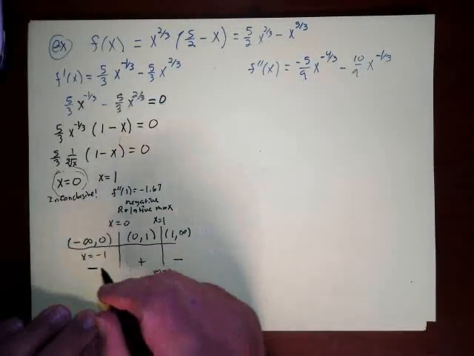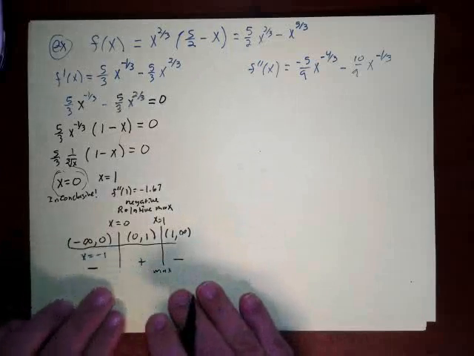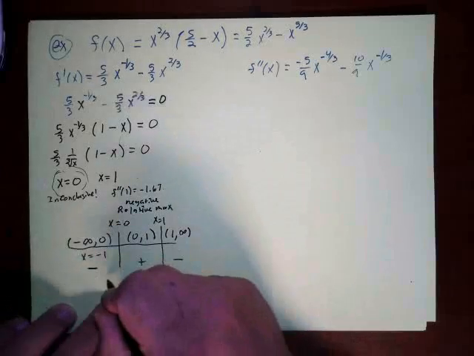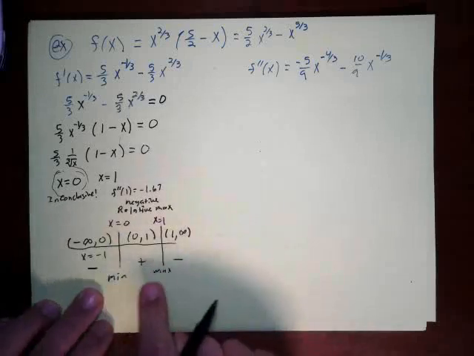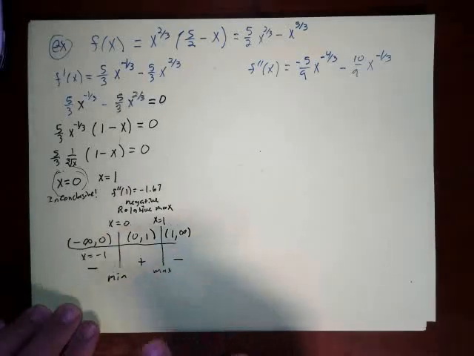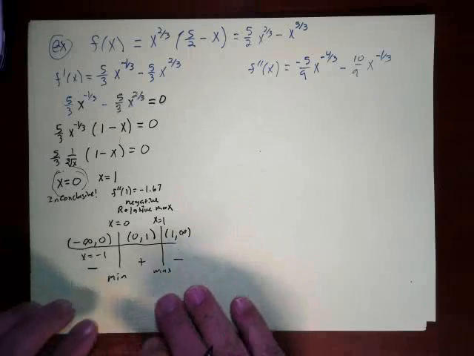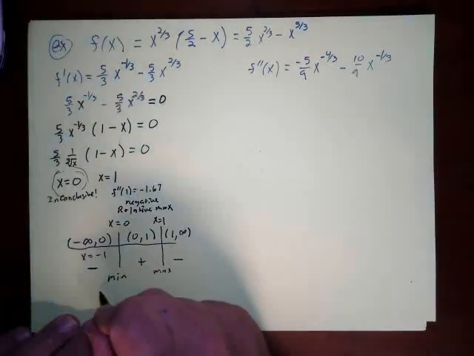This ends up being a negative. So what we find out is at this critical point you have a min. So you got a min, you got a max. Okay, so now what I'm going to do, because we're going to graph these, I'm actually going to state what